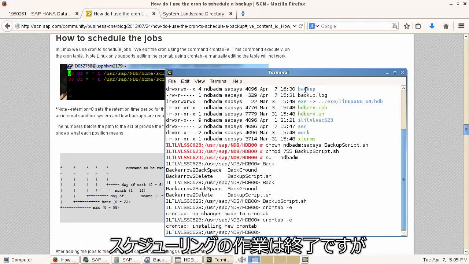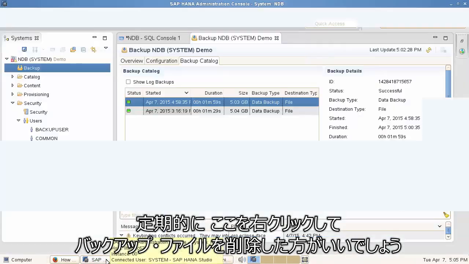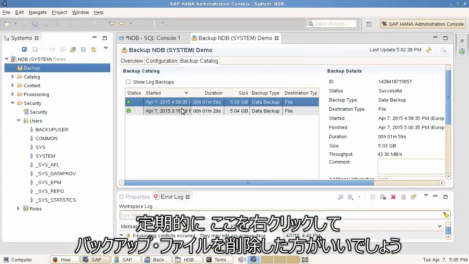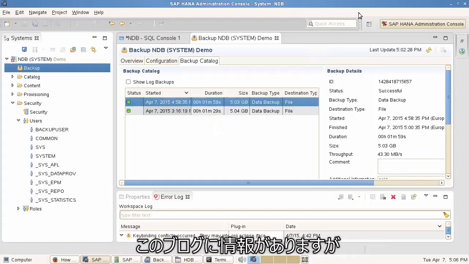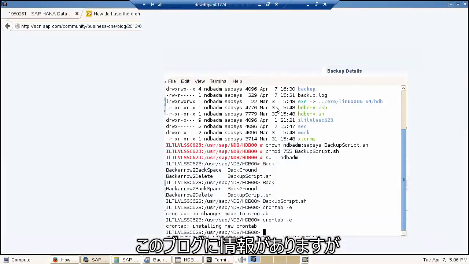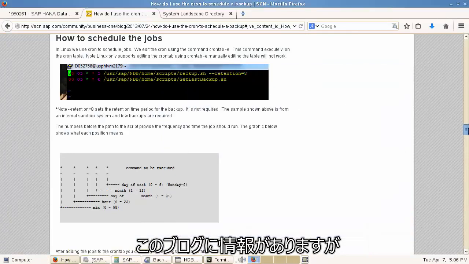So I have to do no more than this. The only thing I need to take care of is deleting the backups after a while. So if you right click here on the backup, I can say delete all older backups than this one. Or what else we recommend is in the blog. Here you can see,